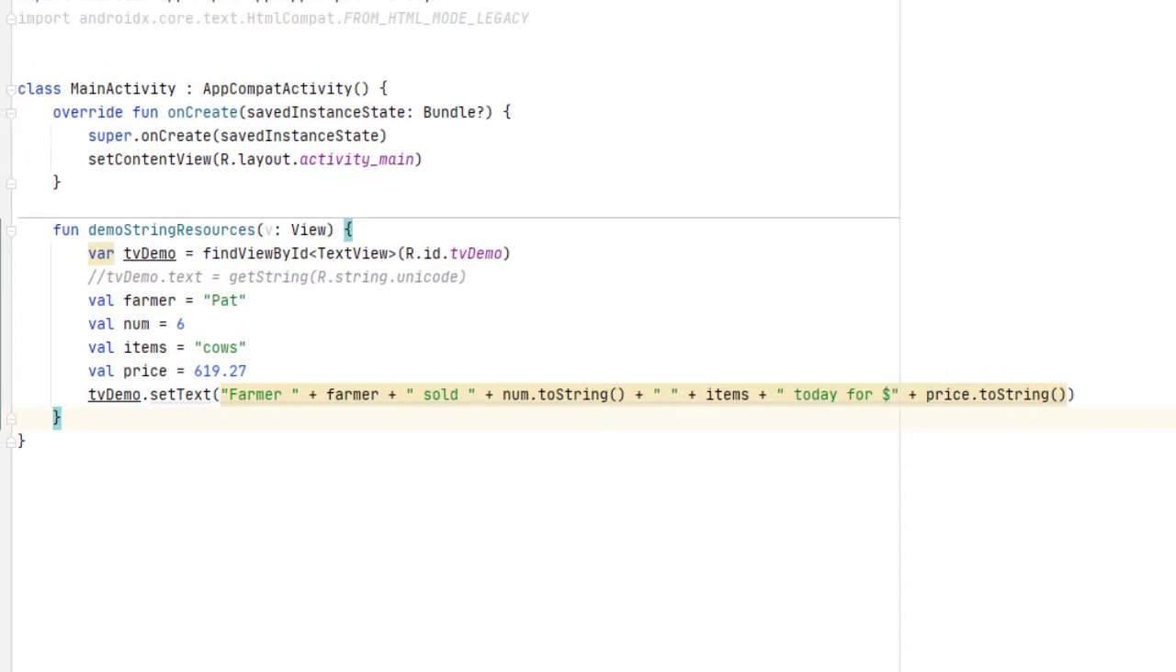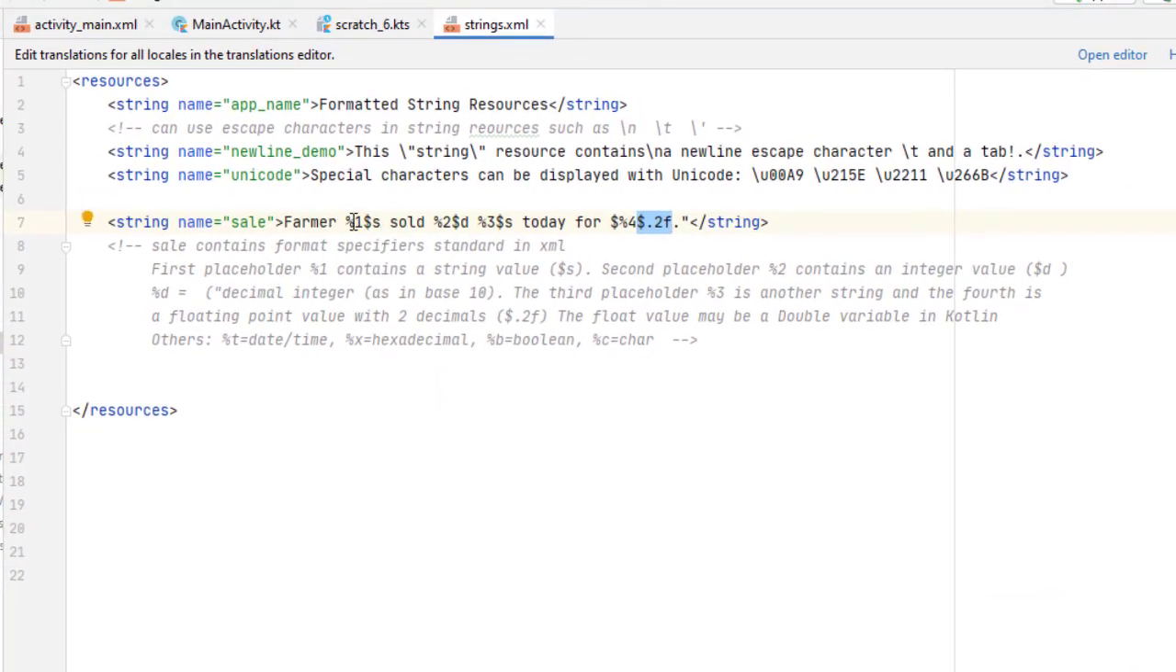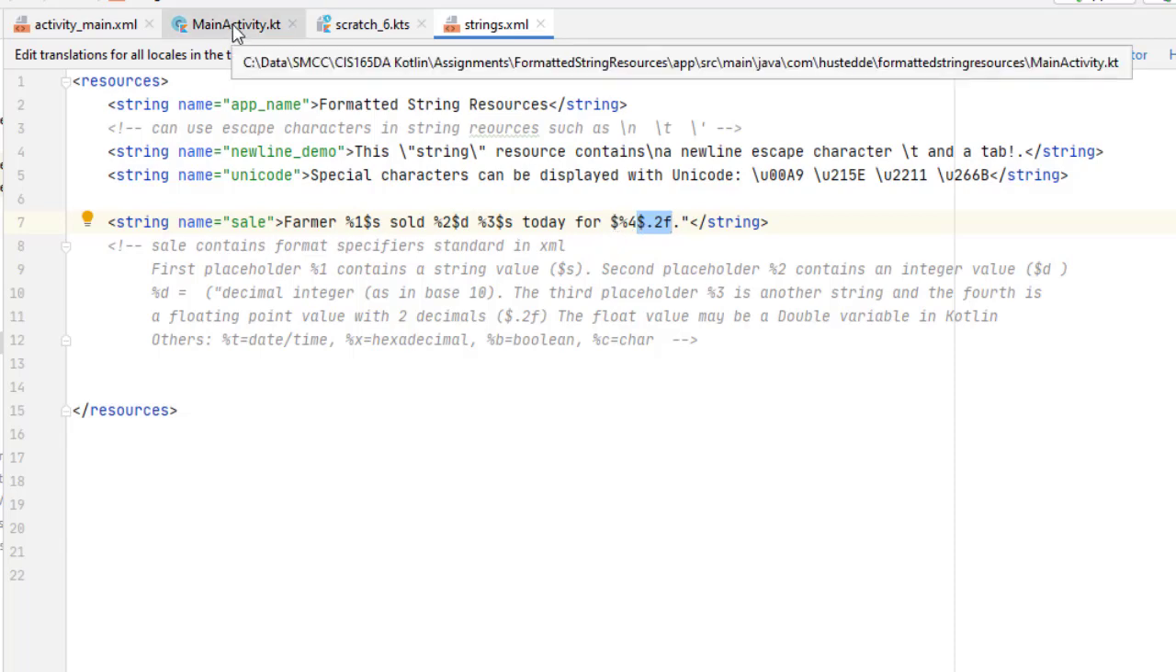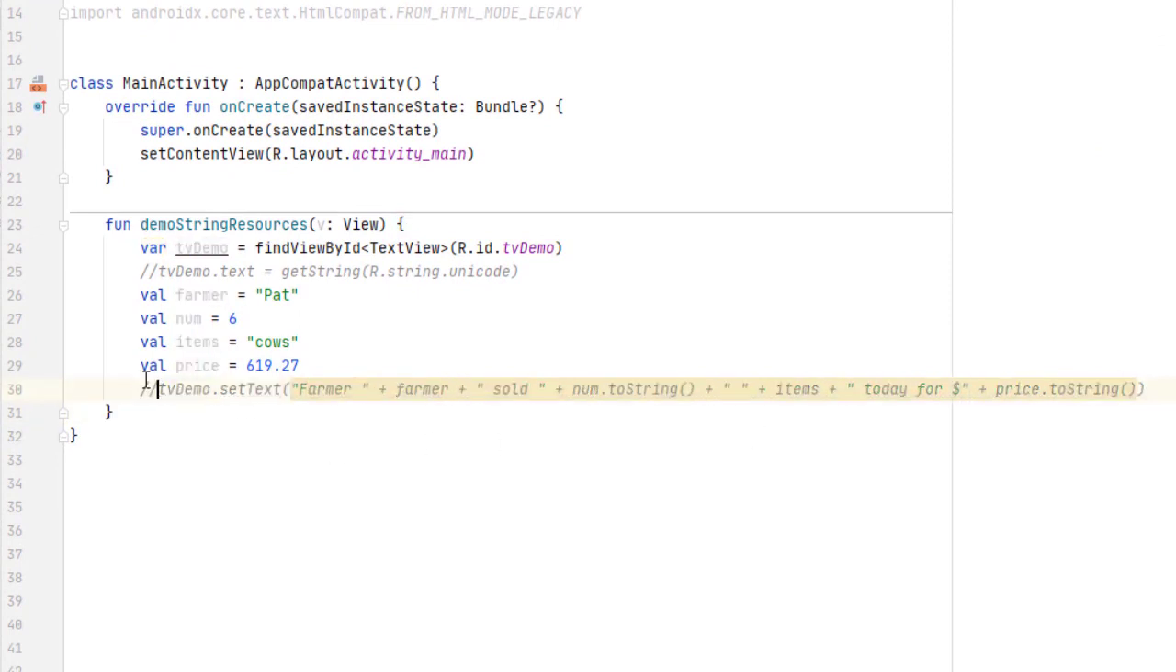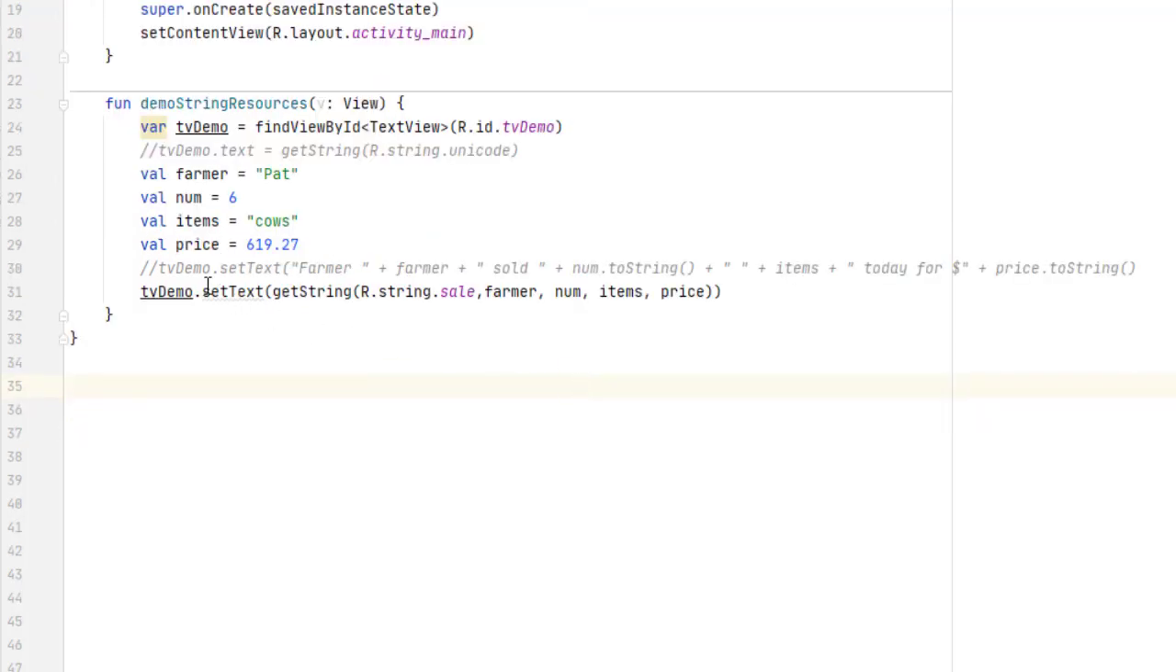So they want me again to use a resource string, but how do I add these values in? Well, going back to our string here, we created the placeholders for the first item, the second item, the third item, and the fourth item. And so now I'm going to change my code. I'm going to comment out this line of code, and we're going to replace it with